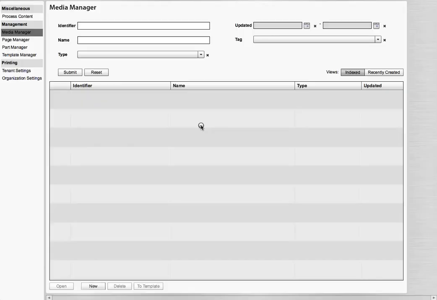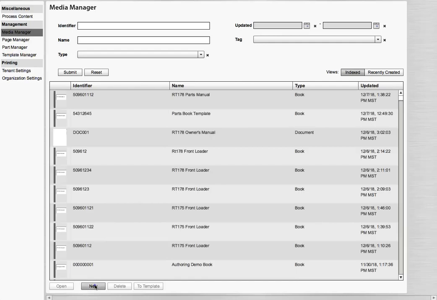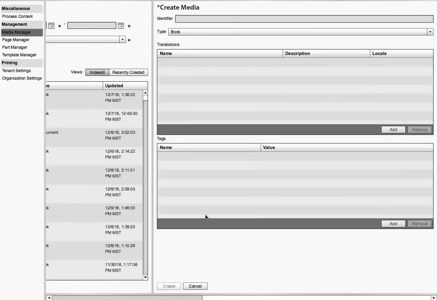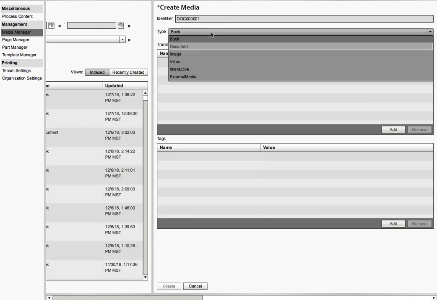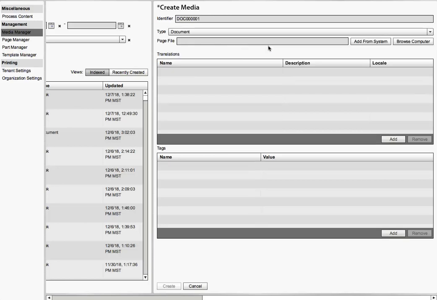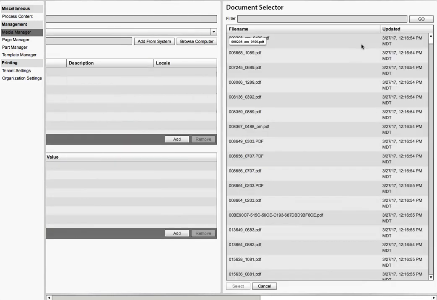With the Publisher module now loaded, we begin with the Media Manager and we'll select New from the bottom. This opens the Create Media pane in which we can enter a unique identifier, DOC000001. We can select the media type, which in this case is document, and then click Add from System to